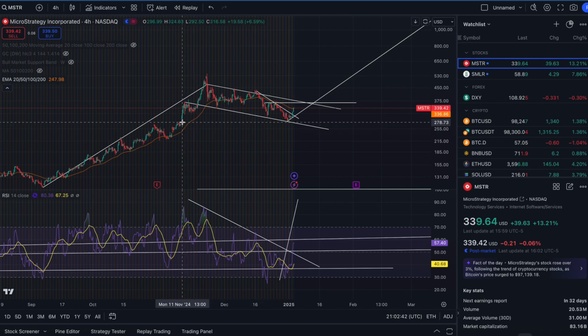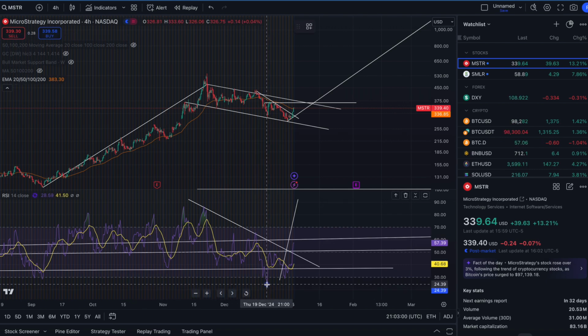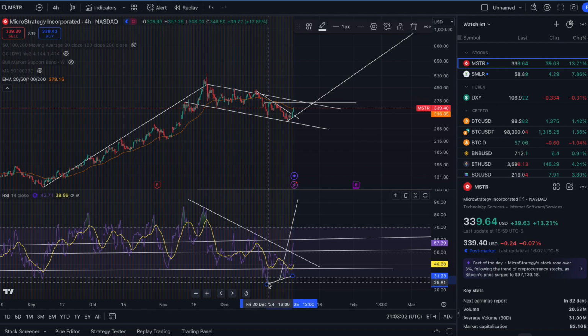Look at this gap back here. We actually came back and filled this gap with this previous pullback all the way down to $280. So that gap was filled, and there's something even more bullish that happened when that gap was filled. If we look at the RSI, we see the RSI bottomed out and put a higher low in. We showed you some previous videos, but you see the price action here from that same time frame put in a lower low. This is a bullish divergence, so this could be rounding to break out of this channel.